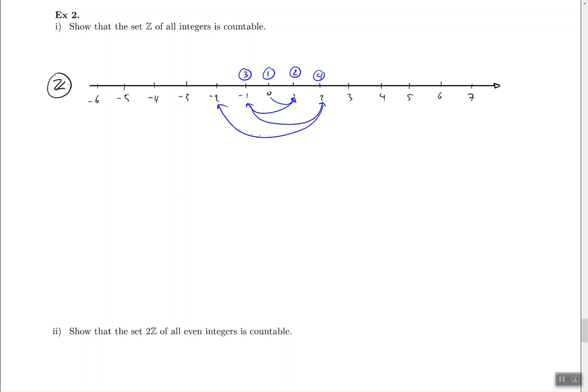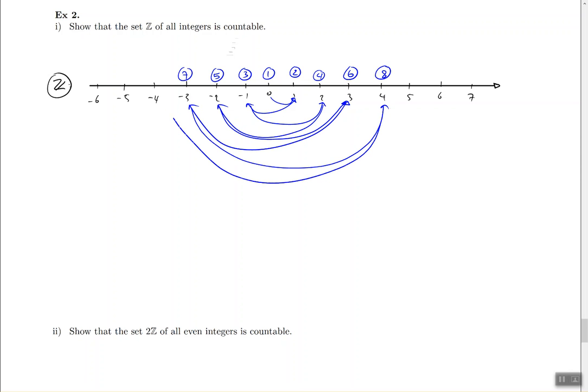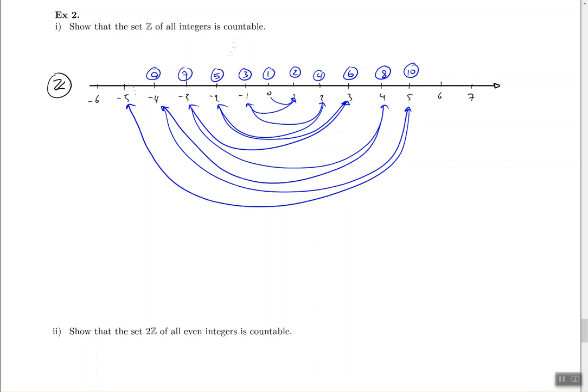So after I get to 2, I go across to the other side, and I get to -2. He's going to be the fifth integer. So integer number 5. So I've used one hand so far. And I could go to the other side, and that's going to be the other hand, number 6, and so on. So 7, and then if I go again, I'm going to get to 8, and then I'm going to go again, I'm going to get to 9, then again to the other side, that's the 10th integer, and so on and so forth. So in this way, I can count every possible integer on the number line,